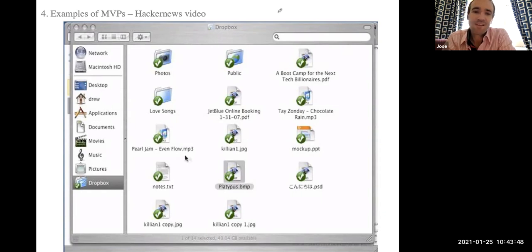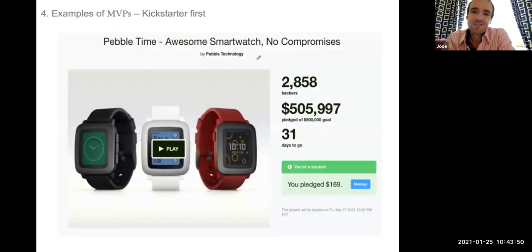Sounds good? Excellent. So this is the kind of MVPs you want to do. You want to do it as cheap and as quick as possible, but that they will give you real feedback. And real feedback is responses from users, that the user clicks on a button to try to buy it. Maybe it's not available to buy it. It doesn't matter. You count the number of clicks. Another way, another interesting prototype. Do you know this one?